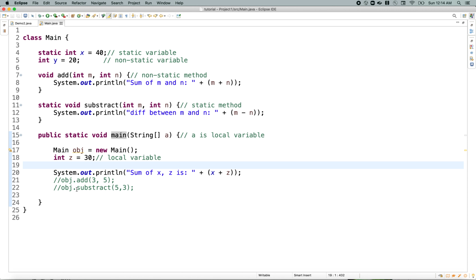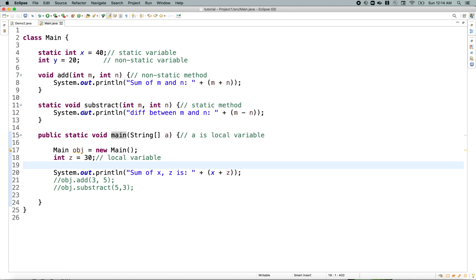Whenever you want to call a static variable or static method, you need to call it using the class name or the object of that class. Either way, we can call the static variable or static method.